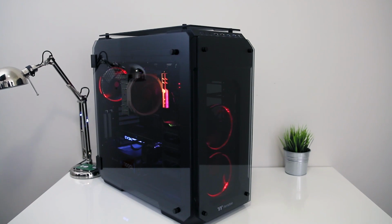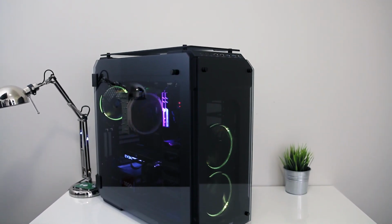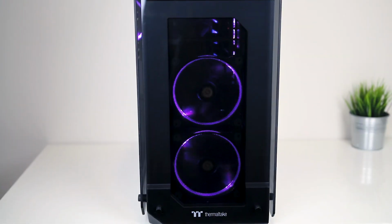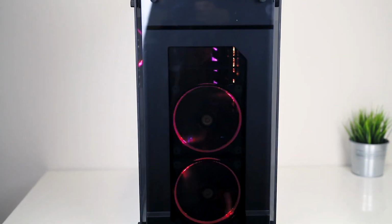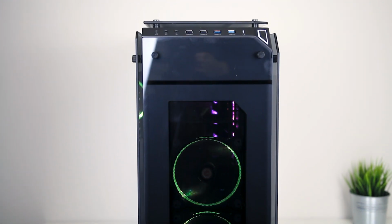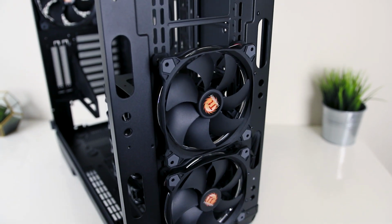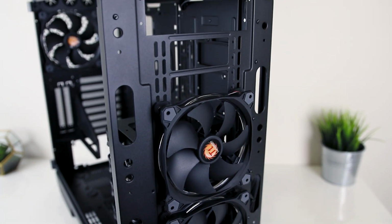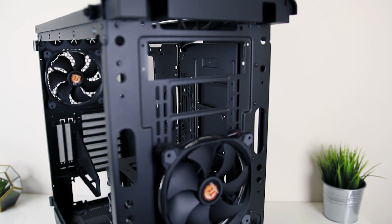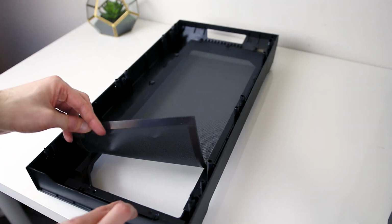The left, right, top, and front sides are covered in 5mm thick tempered glass, which I think looks pretty nice. Starting with the front, we've got that full glass panel which can be removed by lifting it out from the bottom. I found that out the hard way when I went to pick up the case for the first time. There's two pre-installed Thermaltake 140mm ring RGB fans which sit behind the dust filter, but there's also support for three 120mm fans instead. The dust filter here is removed by taking off the front panel and then pulling it out